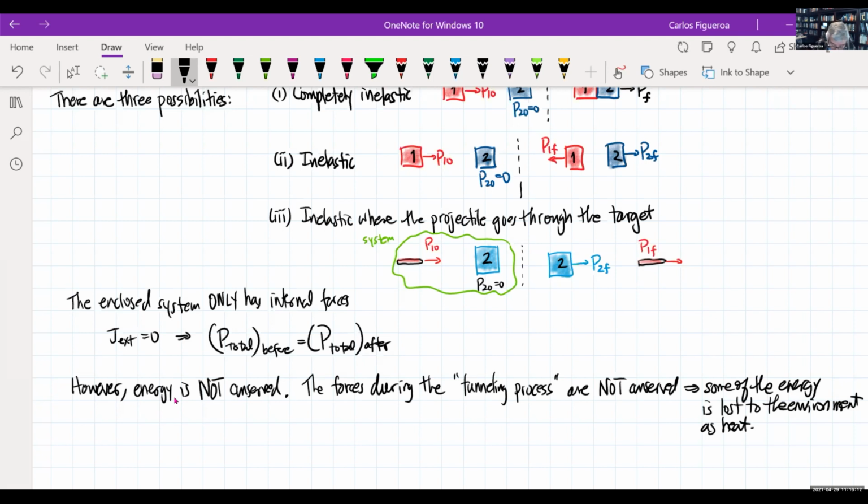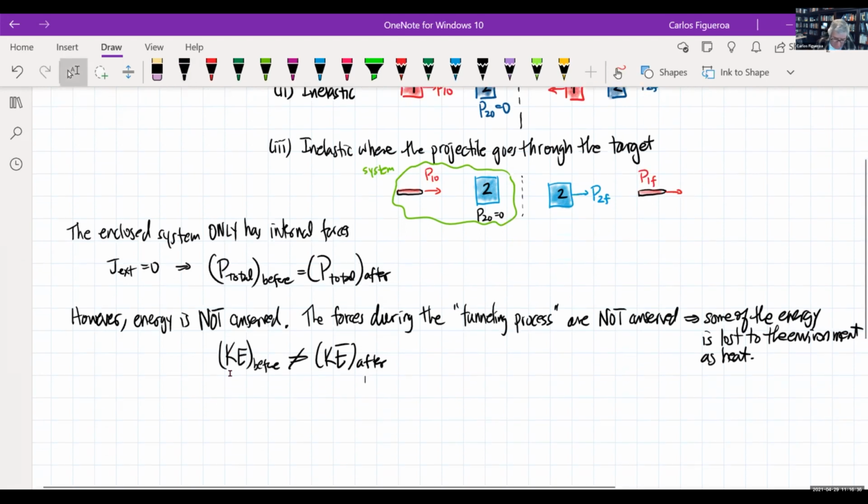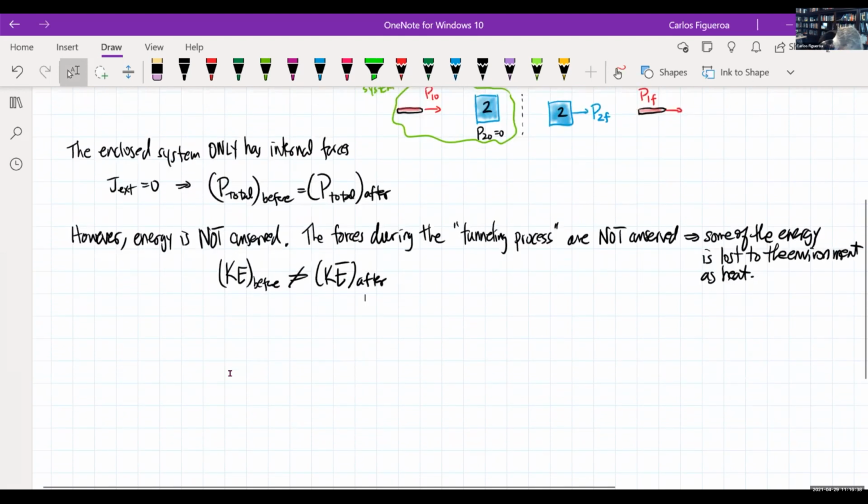And as a consequence, what you're seeing here is that now the kinetic energy beforehand is not equal to the kinetic energy afterwards. So the key signature of inelastic collisions is that the energy is not conserved. And there's lots of examples of this. So just as another example here